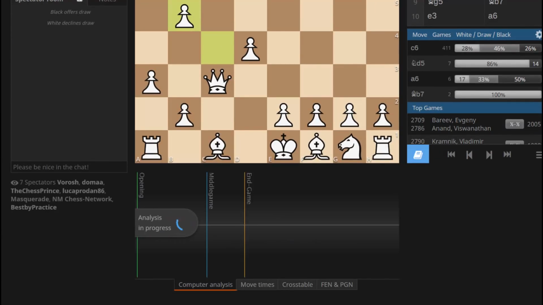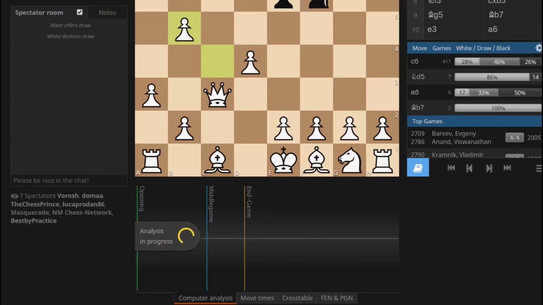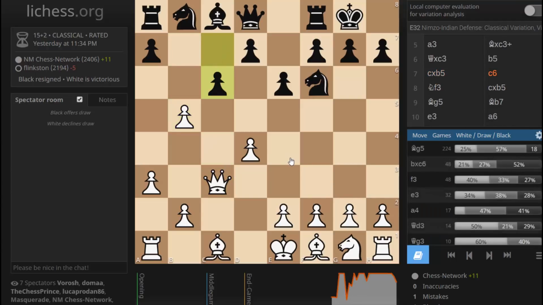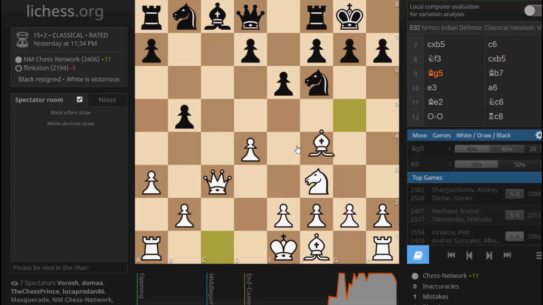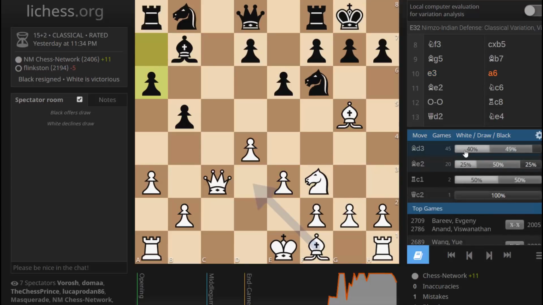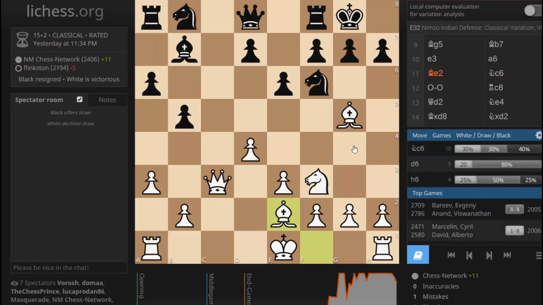Let's request a computer analysis. It says classical variation. Okay, yeah, I think this is fine. And I didn't want to help out the development, so I don't know, pretty quiet game. Okay, no, you know what, here, we have, I guess we are following theory, huh? Yeah. Okay, so